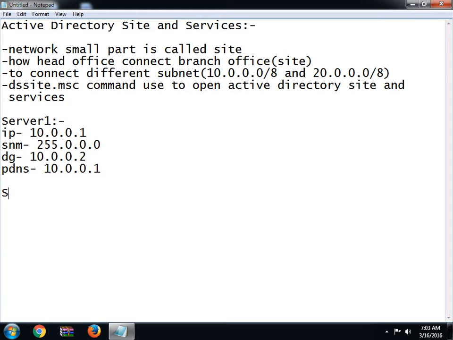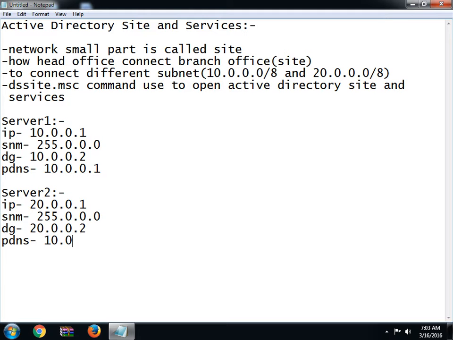Now guys, we have Server 2. IP address is 20.0.0.1, subnet mask is 255.0.0.0, default gateway is suppose 20.0.0.2, preferred DNS is 10.0.0.1, and alternate DNS will be 20.0.0.1. So the question is